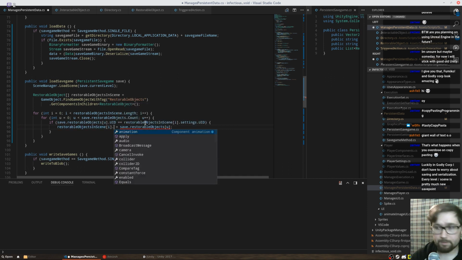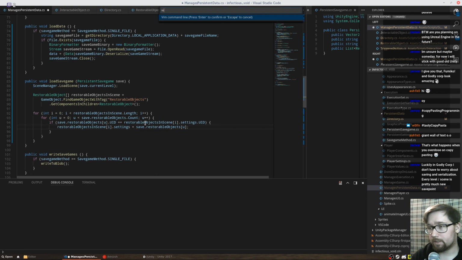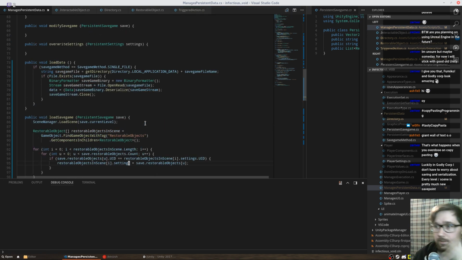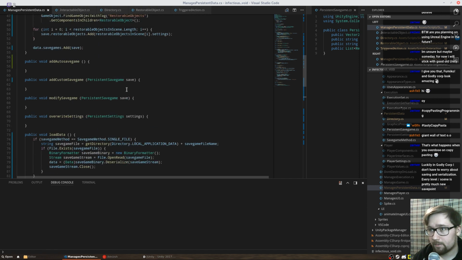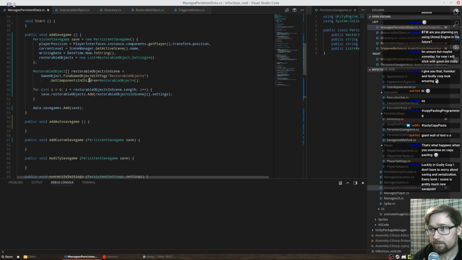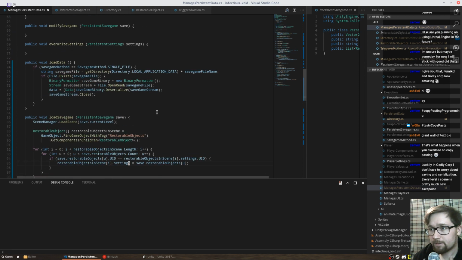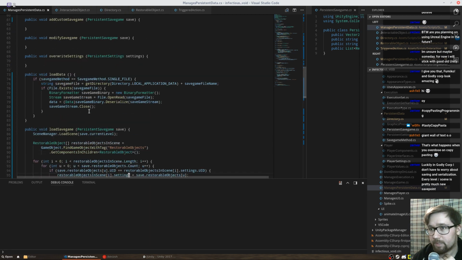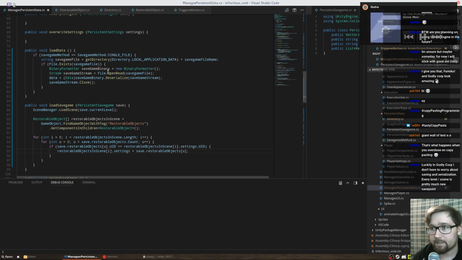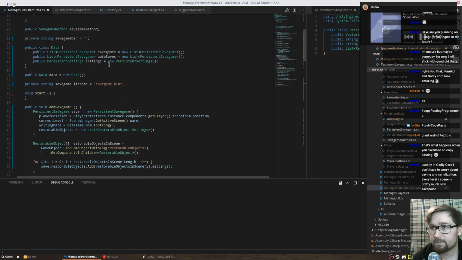Of course, settings. We now have the issue, if we are saving this to a file, it's okay. We can just copy and use these things. But since we have loaded the data into a list of save games,